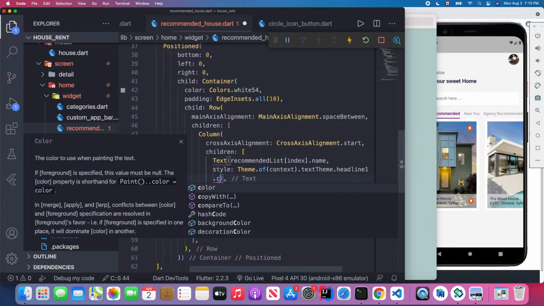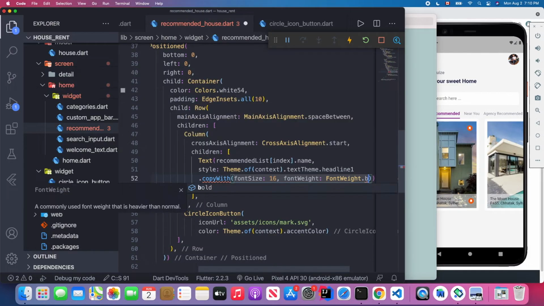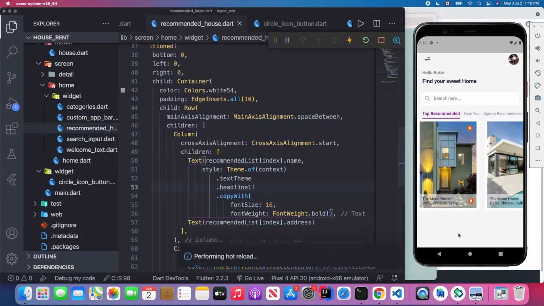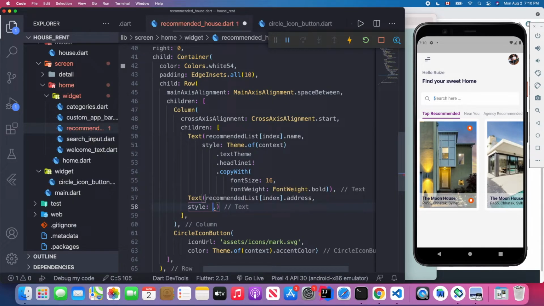And I just copy with, because I need to fill out the font size to be 16, and also font weight would be bold, right? And so let's see. Yeah, it looks good. And next is the other one, the style, and probably would be the